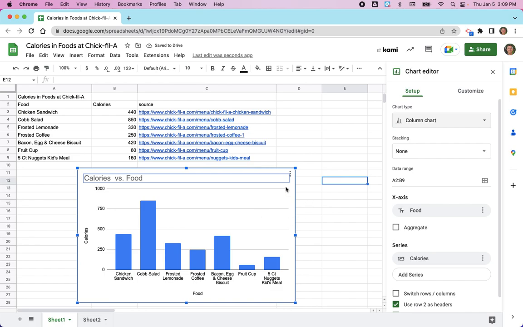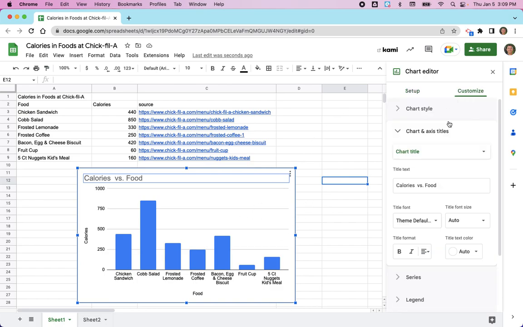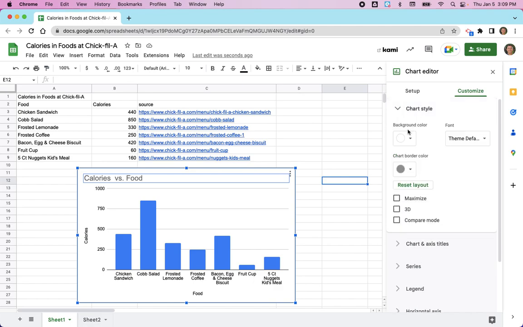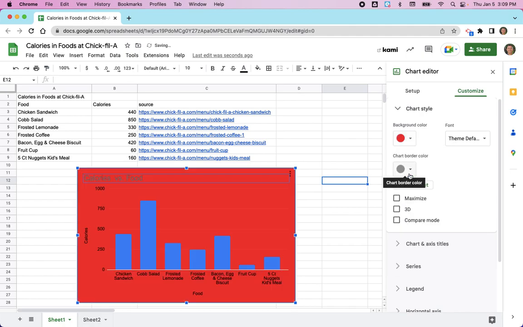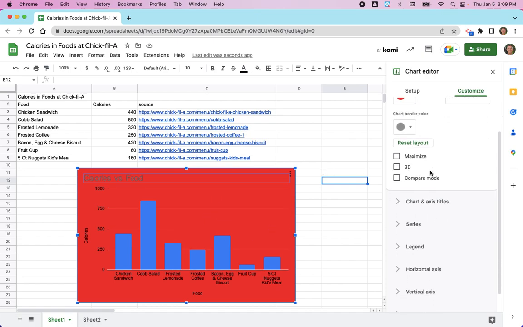This chart can be further customized, so if you would go to Customize over here, under Chart Style, you can change the background color. Just be very careful of this, that you don't use really obnoxious colors like blue on red or something like that. You could do themed colors, like Chick-fil-A is red and white, so if you really wanted to, you could go to,